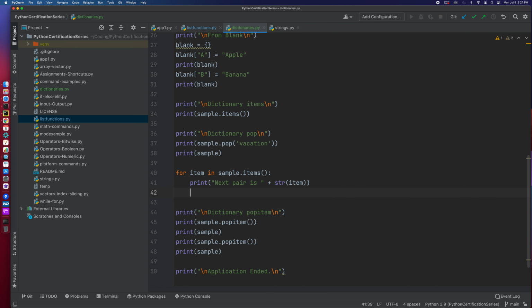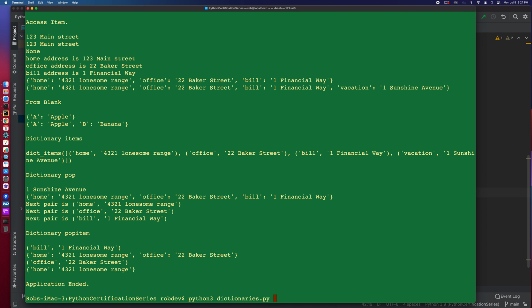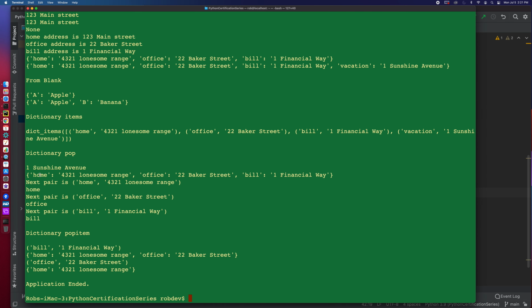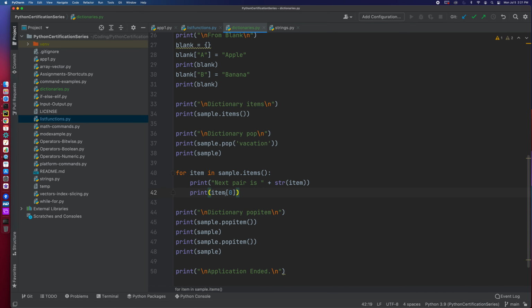And so let's say if we wanted to try to just take the first item, let's just see what it does there, because that's actually a good one to note. Now if I try to treat it like an array and take the zero-based item, there is behind the scenes an order to it to some extent. So I can just take, in this case, the first item. So I'm taking the first key. Here, item 0 is going to be the key